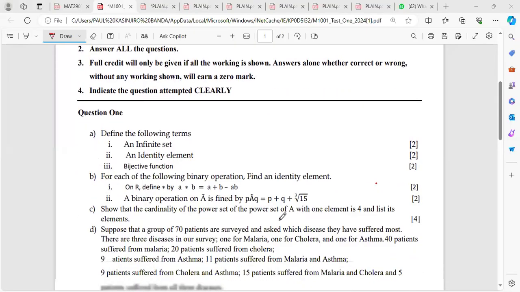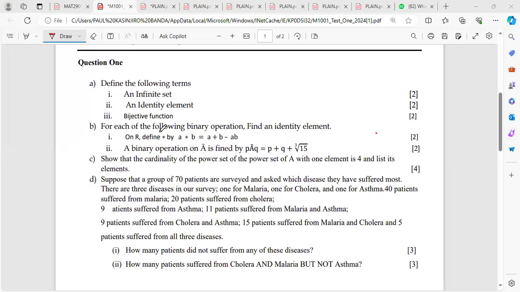Okay, so I'll go to question number 1 here. That's question number 1 there. They're saying define the following terms. Okay, so in as much as you are solving questions in math,